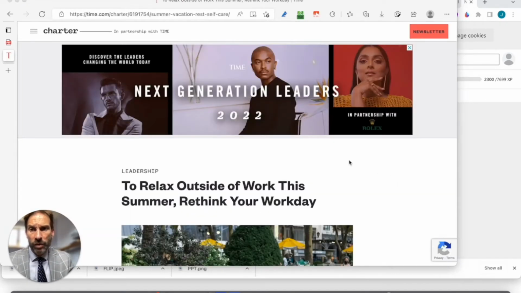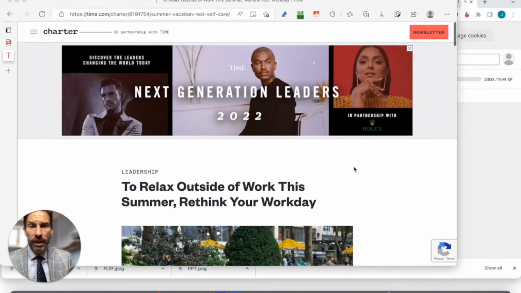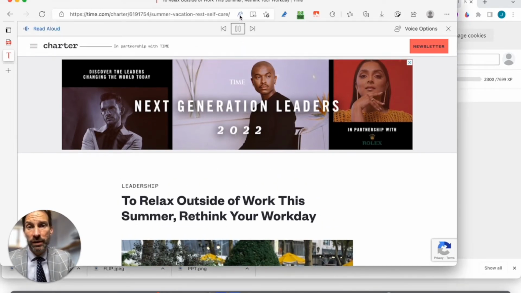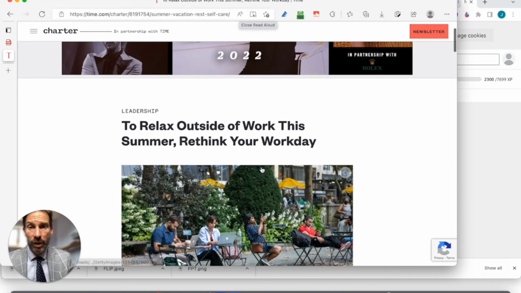And one more with Edge. I just opened an article on time.com, to relax outside of work this summer, rethink your workday. And what I need to do, if I just want to have it read aloud again, I just click on this. To relax outside of work this summer. Again, it's going to be reading the article for me, which is absolutely brilliant,